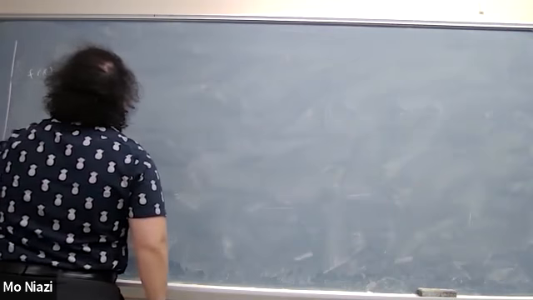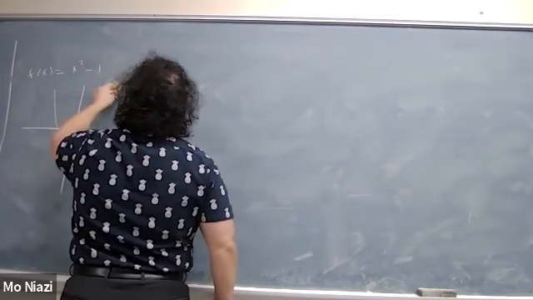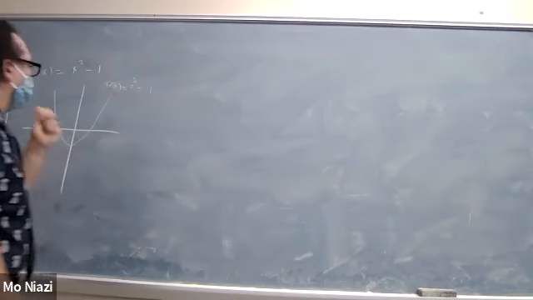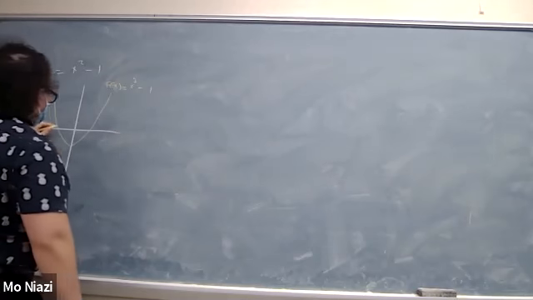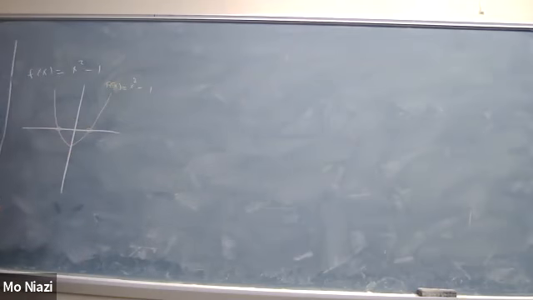So this is your f of x equal to x squared minus 1. The intermediate value theorem says that we can assert that this function has roots, in this case 2 roots, because for some values, let's say f of 0,